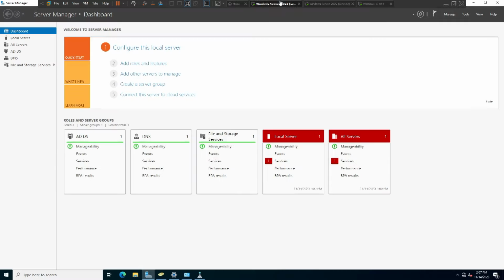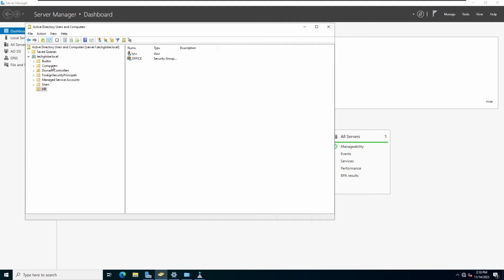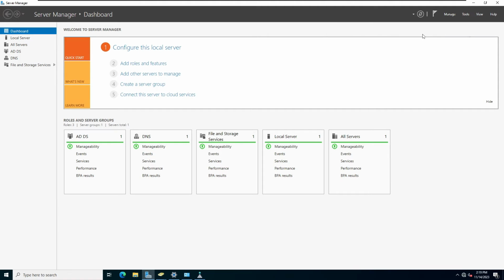And let me go back to Server 1 and click on Tools and select Active Directory Users and Computers and click on Computers. And as you can see, Server 2 and PC1, our client computer, are already listed in the domain controller. So now what we can do, select Server Manager and click on Manage and Add Roles and Features